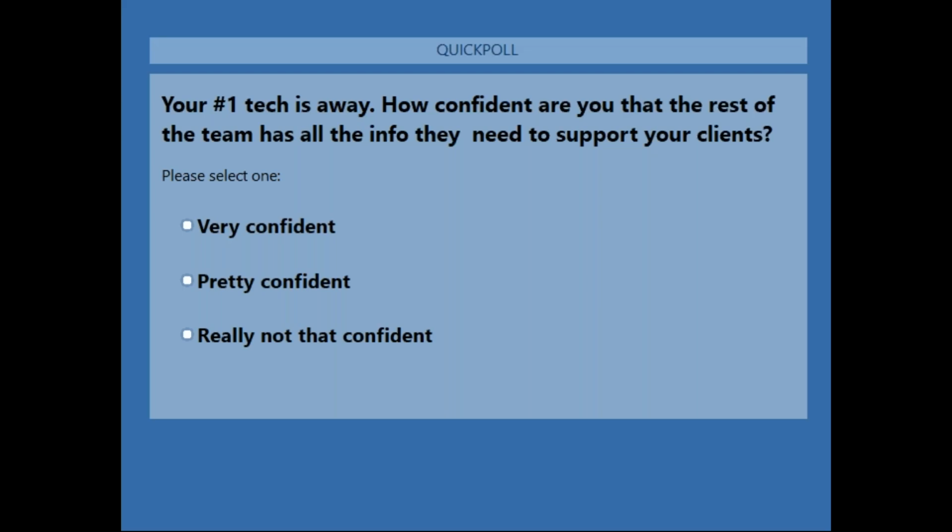I'm not ashamed to admit that at times I was not always that confident, running my MSP, that we were completely ready for all of that, that we documented everything when somebody was on vacation or even when somebody was unavailable for a phone call. If they're doing one job and we don't want to pull them, can I get everything that I need? I'd be voting not really that confident.